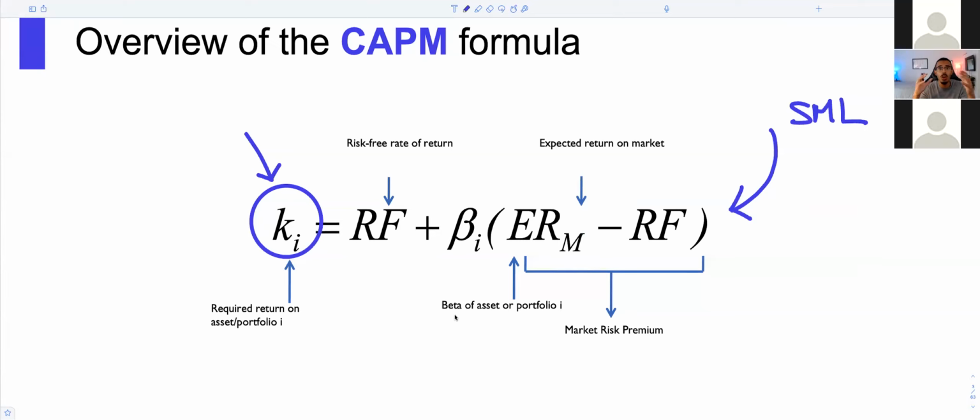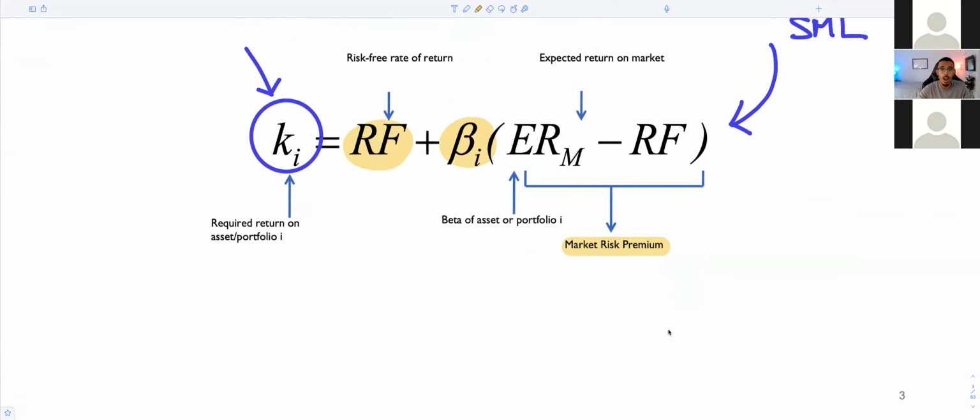In order for us to solve for K, which once again is the required rate of return, we're going to look at three components. We're going to look at the risk-free rate, which is right here. We're going to look at beta, which is the beta of the asset and/or the portfolio. And then we're going to look at the market risk premium. Market risk premium is simply how much return somebody expects to receive on the market portfolio above the risk-free rate